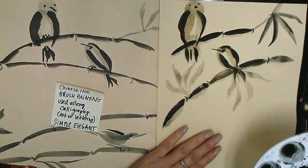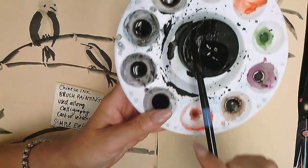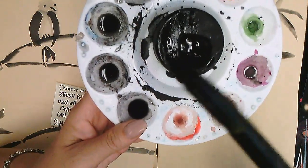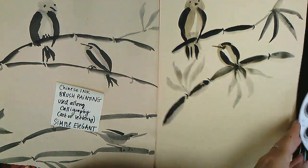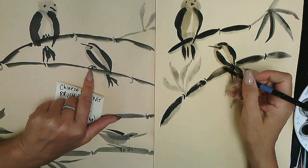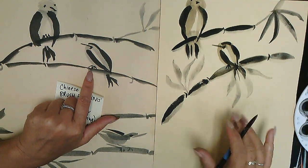Now I'm going to start twirling my brush so I get it to the point. My brush is a pointy, very sharp point. And with that, I'm gonna do my details. I'm gonna create 1, 2, 3 little